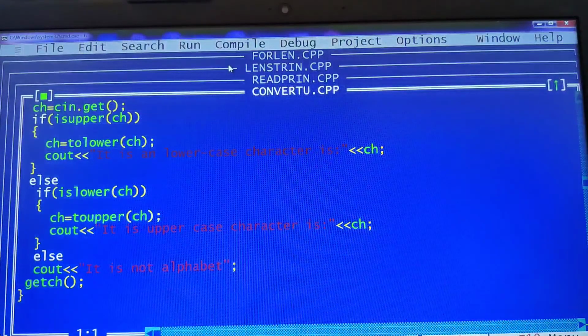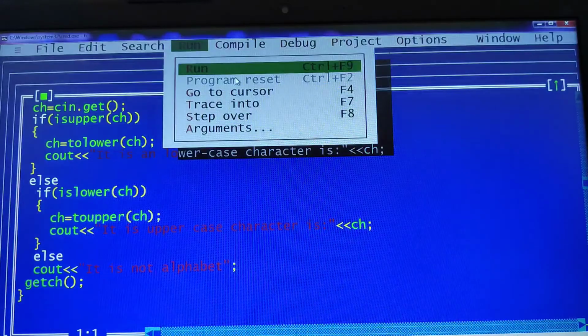Next, one more time I'll run the code with a different output. This time let me give the lowercase. If it is lowercase, then it's an uppercase character, the capital D. So I hope you are able to understand how it is converting, because we are using the functions isUpper and isLower. First it is checking.